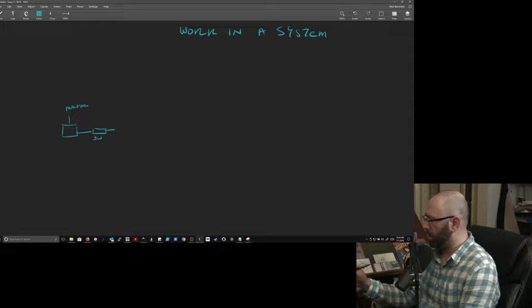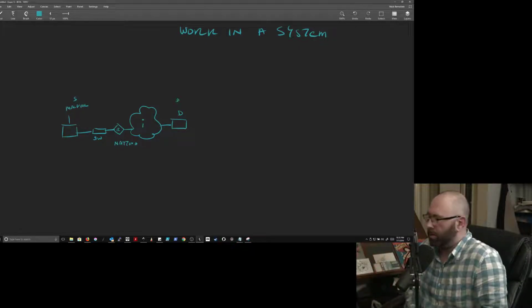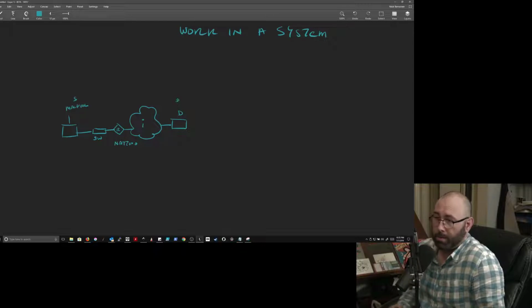That switch is connected to a router, and this is going to do NATing. And then you're connected to the internet, and then you're connected to some destination system. So this is your source, this is your destination, or depending which way it goes, the other side is the source, and then you're the